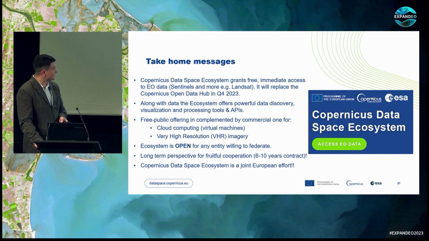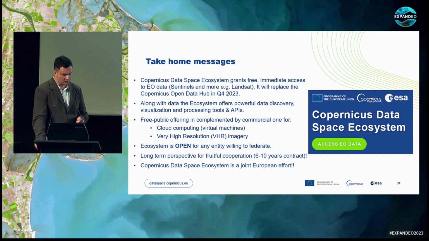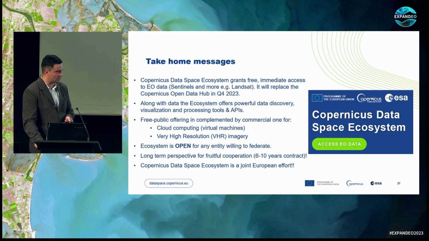Along with the data, the ecosystem offers powerful data discovery, visualization, and processing tools and APIs. And this is the revolution that was not available to users before for free.